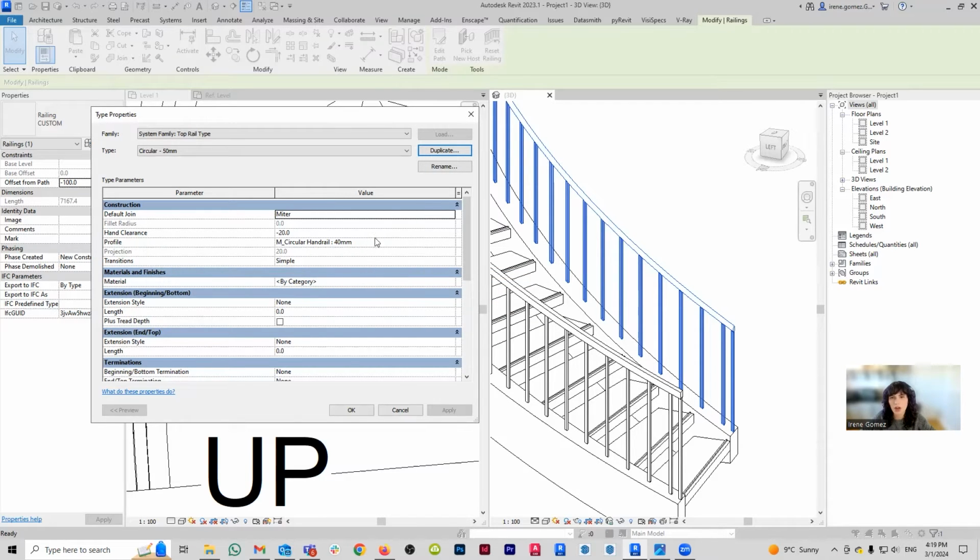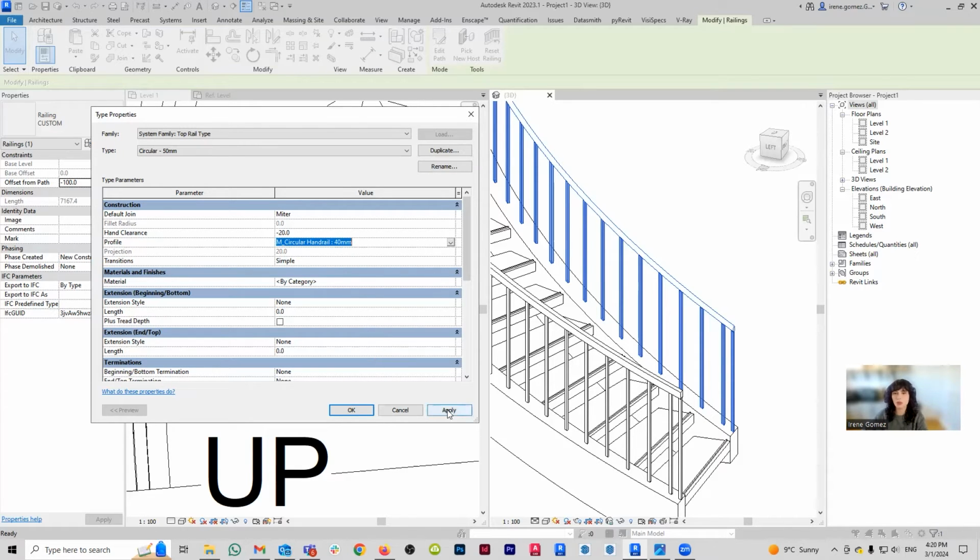Now see, you have a profile again, and I can come here and either select a different profile or I can customize a profile. Now you're going to notice here that I just get a list. I don't get any option to override or change. This is something that is going to happen quite commonly with things like, for example, rails. It can also happen with balusters, which is that the geometry is driven by a profile, but you're not really given here the option to change that profile.